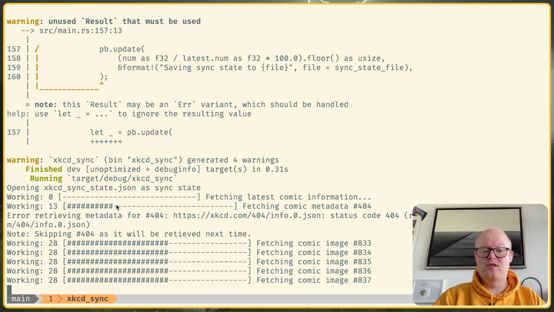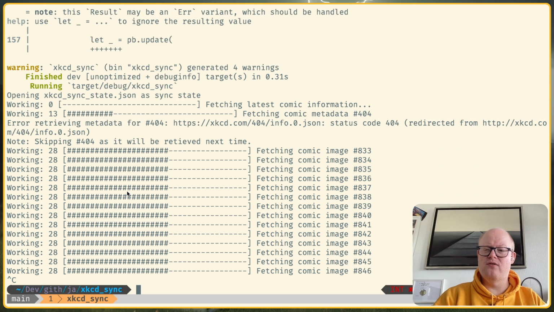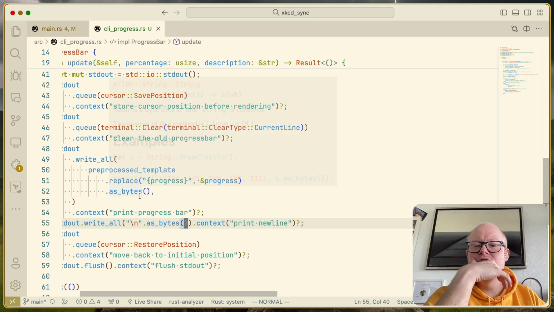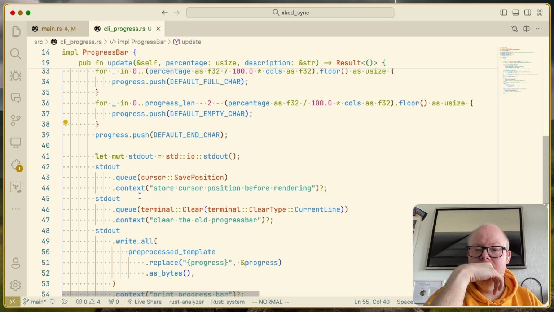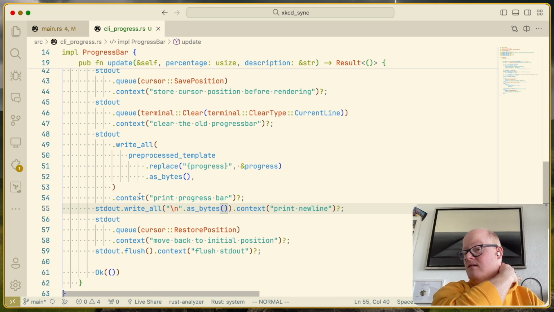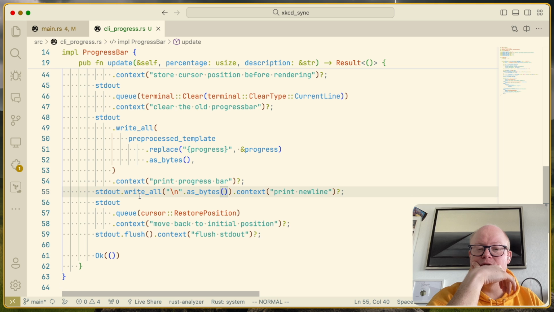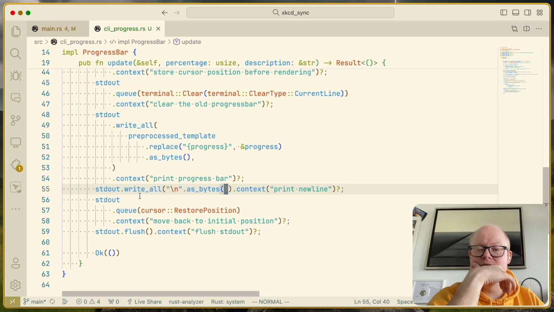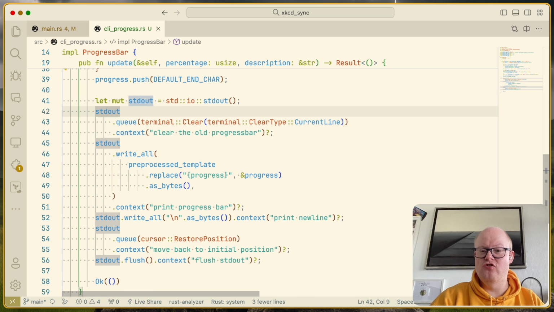So no, wait. The restore position doesn't work anymore then? Okay, so the restore position does only work in the same line? Yeah, it seems so, but it doesn't really make a lot of sense to me. Okay, then let's do this. Let's not store the position. Let's